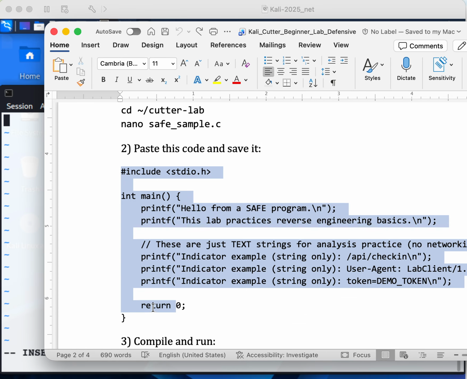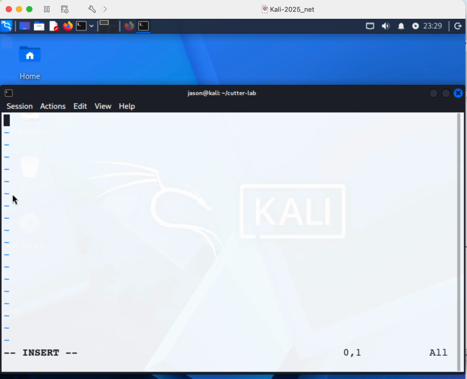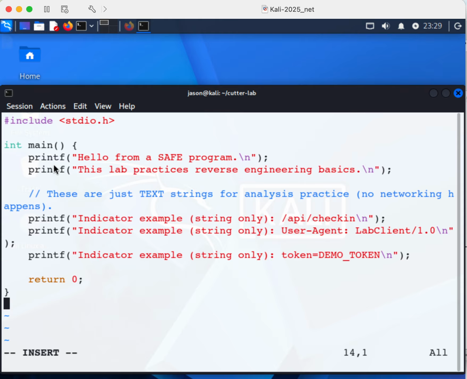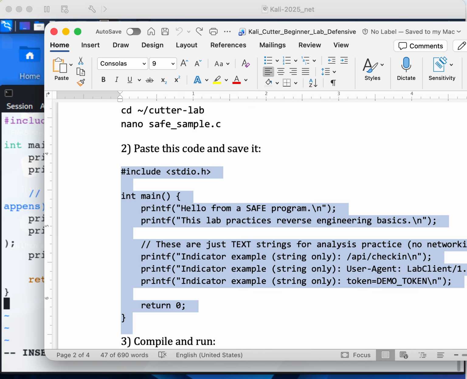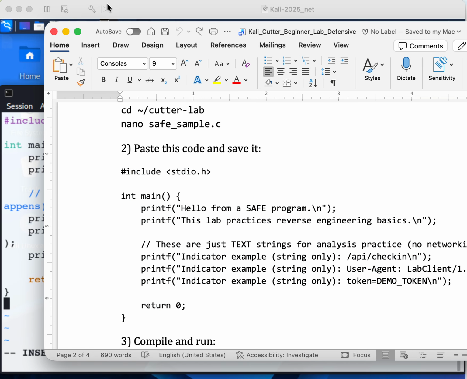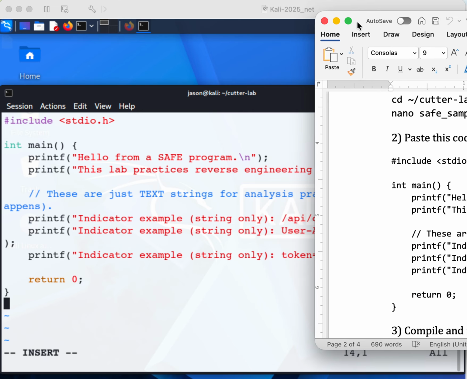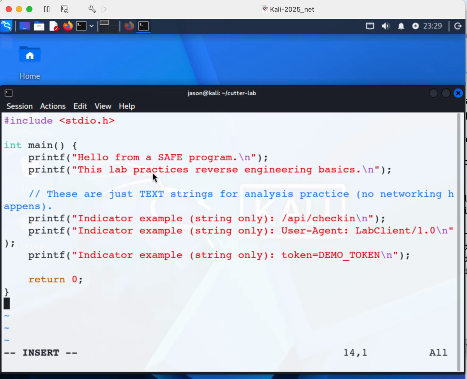So I'm just going to do Control C, and Shift Control V for paste. And we want to make sure we have everything copied and pasted in here correctly. Now in our Vim file, we're going to press Escape,